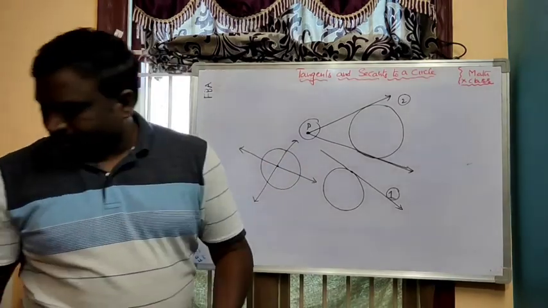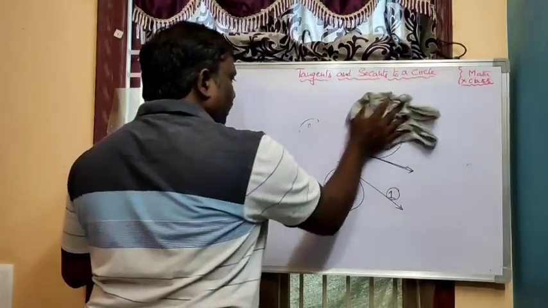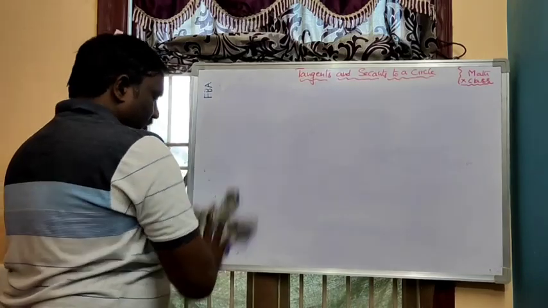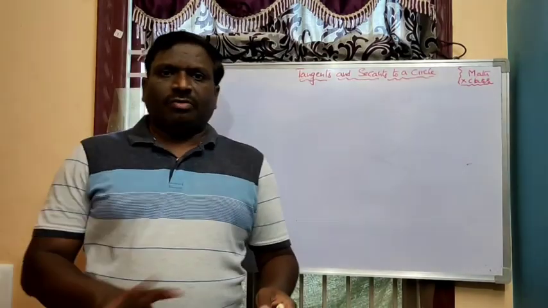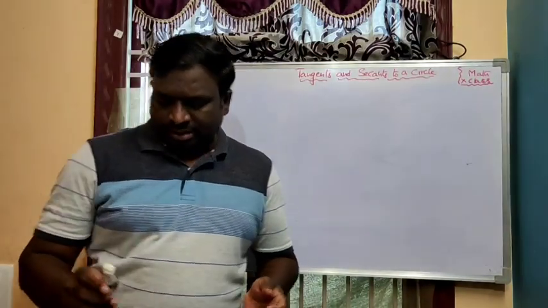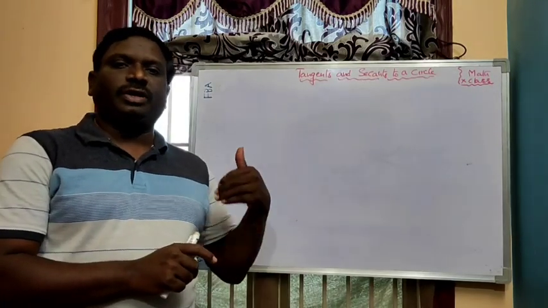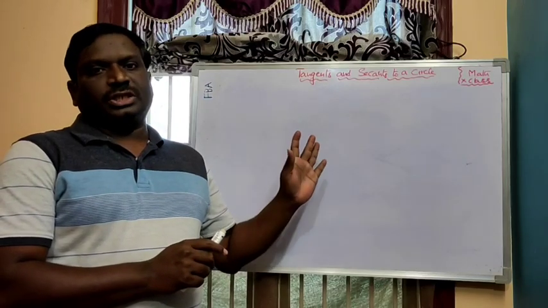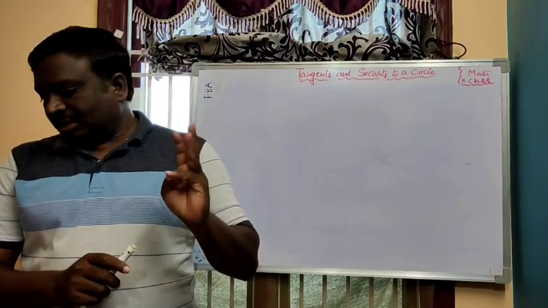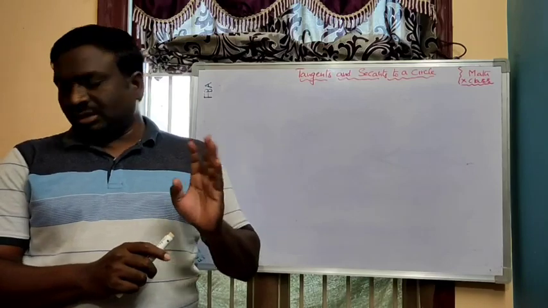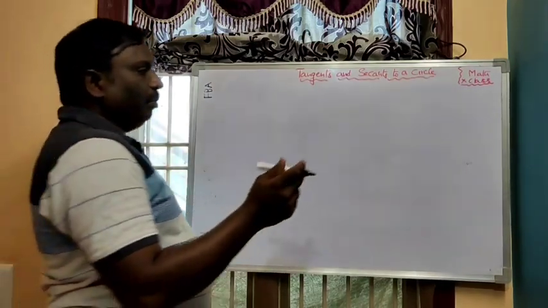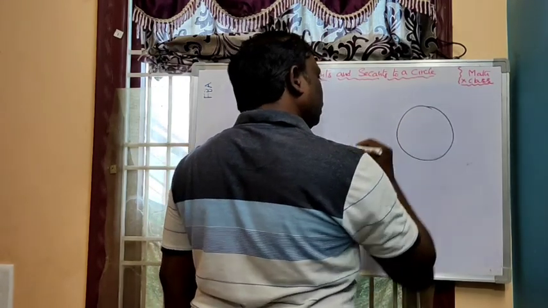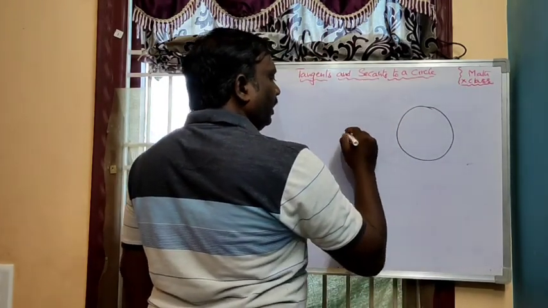Okay, so now in this second exercise in the textbook they give 4 statements. Based on those 4 statements we can do the second exercise. Those statements are useful for doing the problems. So what are those 4 statements? First statement: the center of the circle lies on the bisector of the angle.